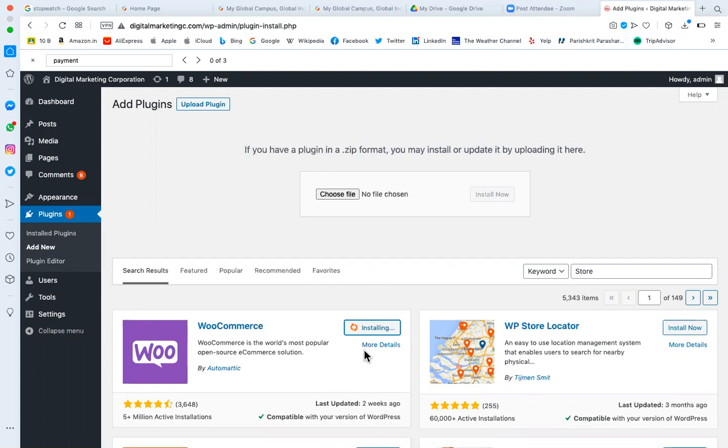This way we will install a few plugins, and now a new journey has started. Here you have to learn this plugin: how to add the product design, product services, how to manage your store, payment gateway, security, everything you have to understand. It requires a week to one day. If you are an expert, 1-2 days and you will understand. If you are going slow, it may require 1 week to fully integrate that plugin on your website.